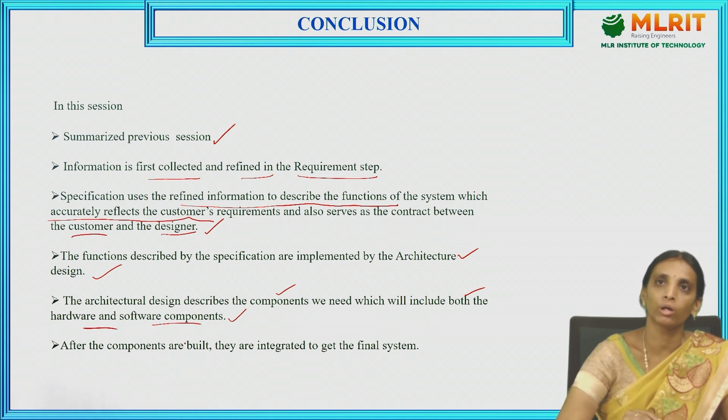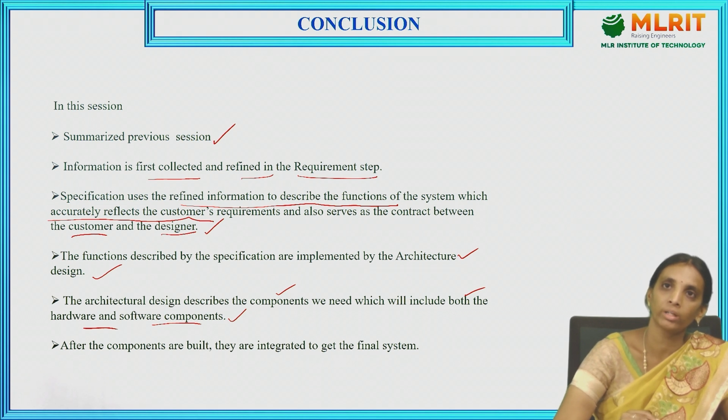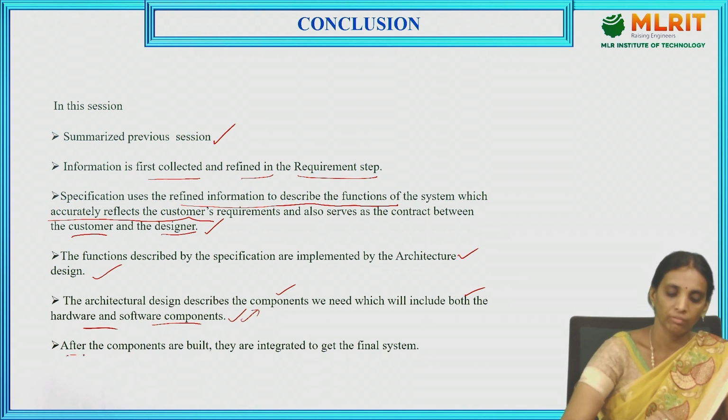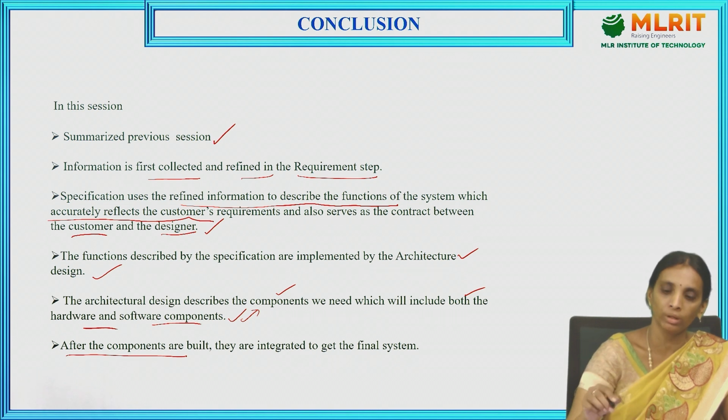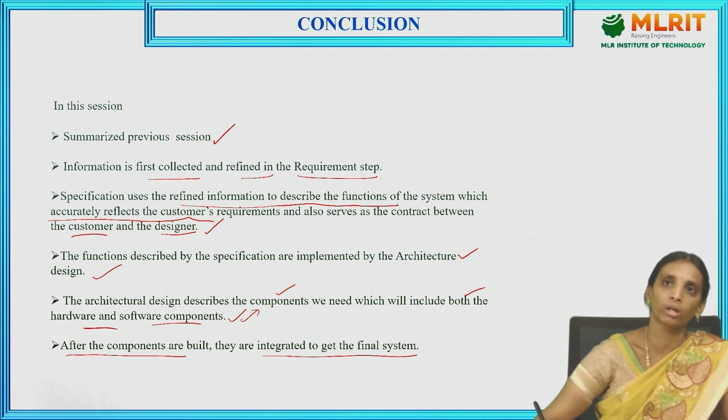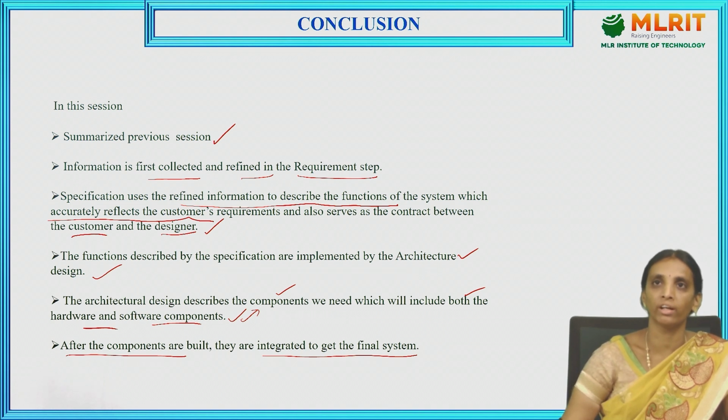What hardware components are used to design the blocks, and what software languages and programming tools are used for developing that system? We discuss those techniques in the fourth step. In the fifth step, after all the components are built, they are integrated to get the final system. After integration of both hardware components and software modules, we get the finalized embedded system designed for a specific application. So these are the present